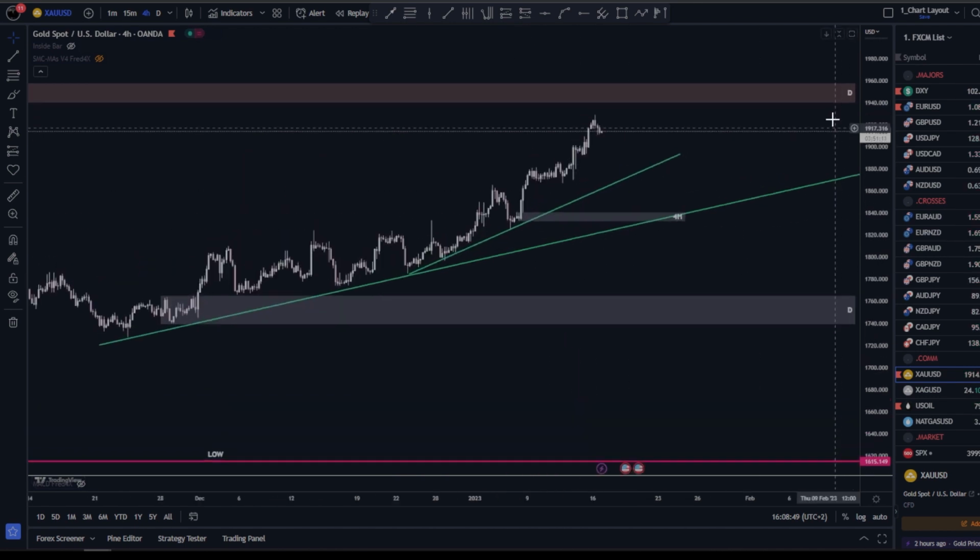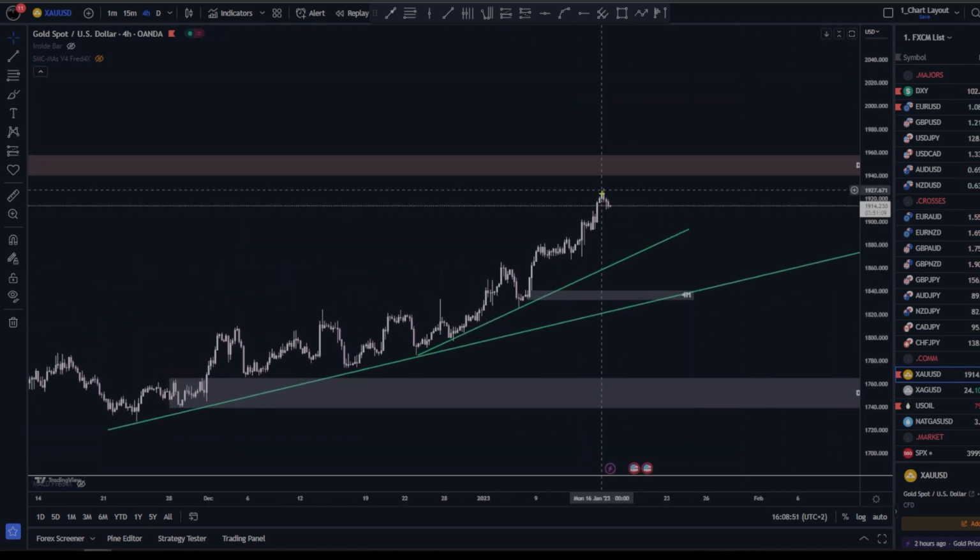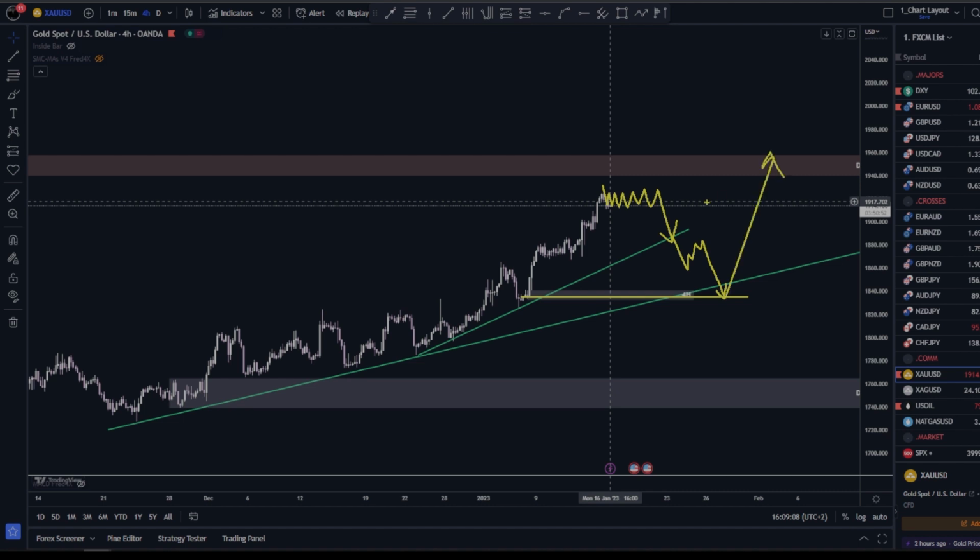I might be wrong on this, but we have two possibilities. One is that we're making here a small consolidation, then we'll go back up and reach this very big supply area on the daily chart, which will prove to be a trigger for a bigger pullback here along the way. Either the down move is starting from here and is moving a bit messy, and we can reach this trend line, even break it, and reach the demand area highlighted here on the chart, the 4-hour demand area, before moving back up. So we have to have a bit of patience with gold.